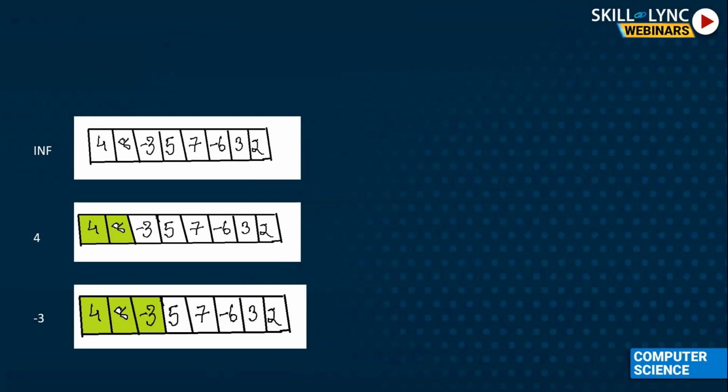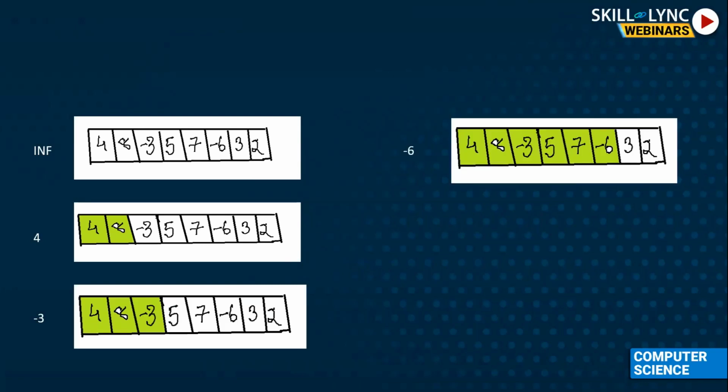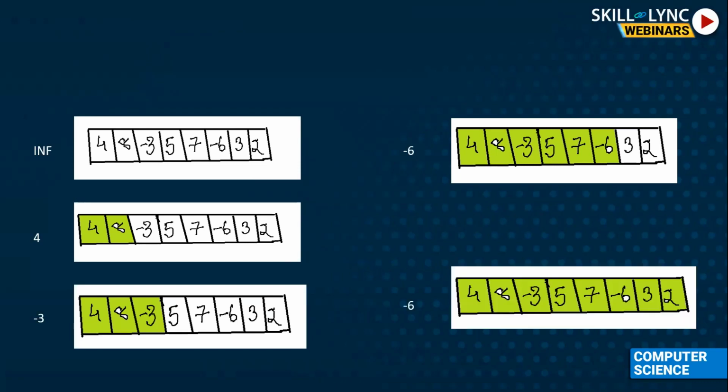You will expand this again to other numbers. So you will compare it with 5, you will compare it with 7. And when you see the minus 6, then you will update the minimum number to minus 6. And then you will actually expand it to the end of this array. This will give you the minimum number in the whole set. So solve it for two numbers and then expand it for all the numbers. So I gave you an example that we can apply on arrays.